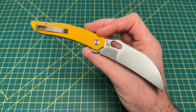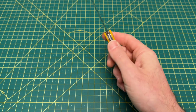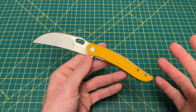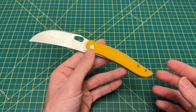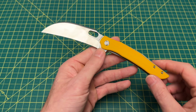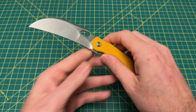What do you guys think of this? Is this something you would carry? And I don't really mean EDC, because my overall thoughts on this: it's really hard to go wrong for $70, right? I mean, $70, you're getting a really nice knife. For me, and probably for a lot of people out there, it's probably not going to be a true everyday carry. But I could even see myself carrying this in a mixed kind of weekly rotation,